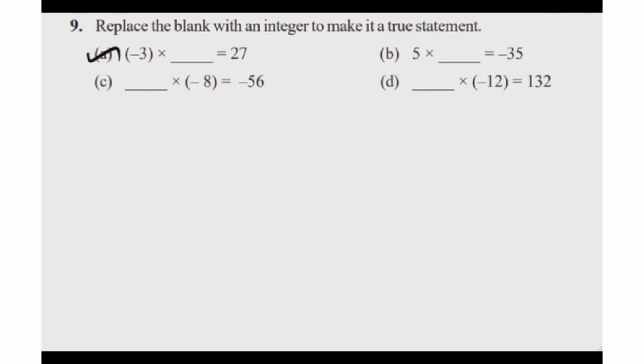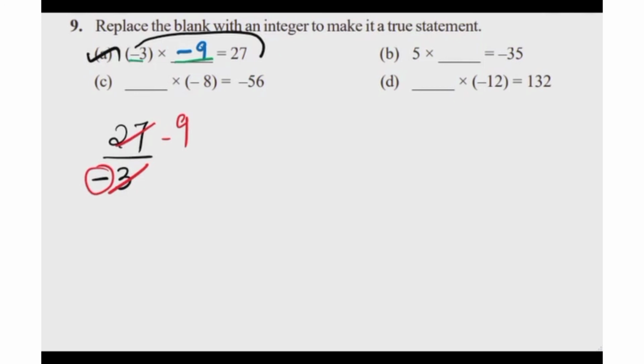So how can I guess the answer here? I can guess by dividing: after the equal sign I have 27, right? If I bring this minus 3 down, then I'll get a division symbol. So 27 divided by minus 3. Here I can cancel it: 3 ones are 3, 3 nines are 27. We are having a minus symbol, right? So minus 9. Our answer here is minus 9. I hope you got this, right? Now multiply and see: minus 3 and minus 9 gives you plus 27. So your answer is right.